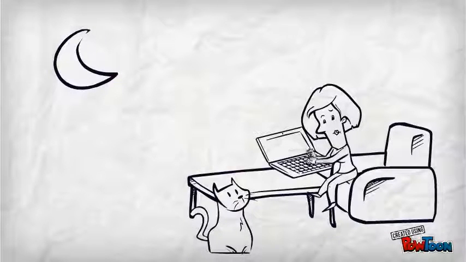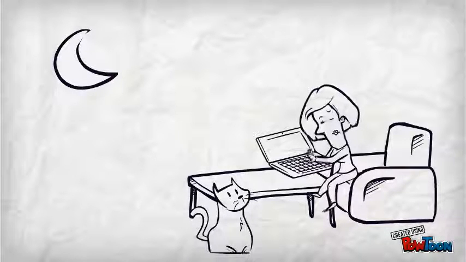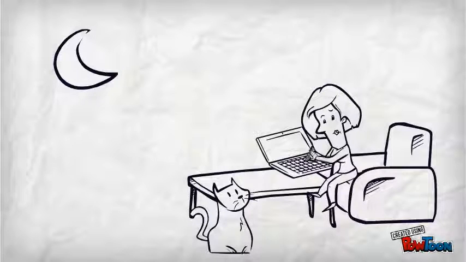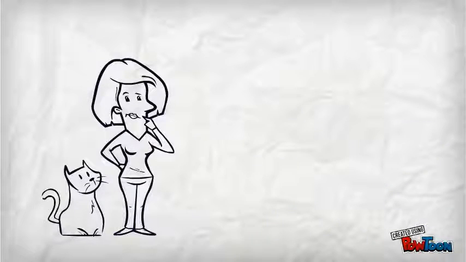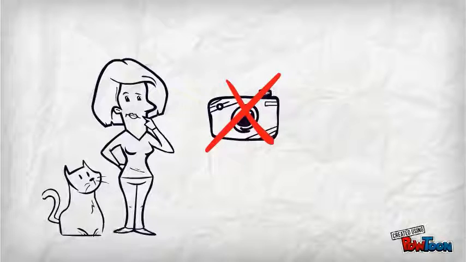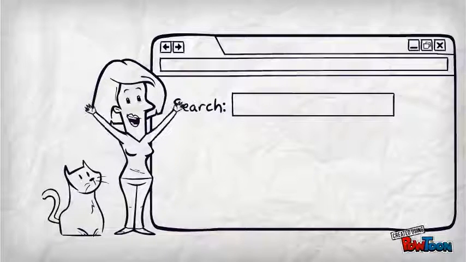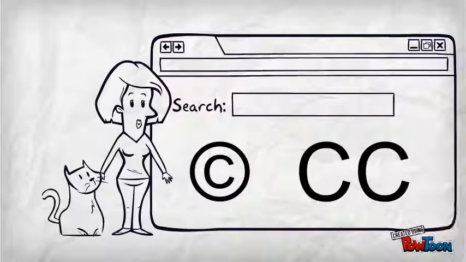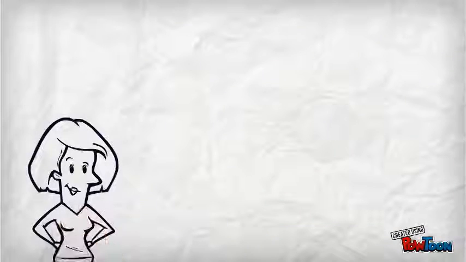So you've been working hard to get your class assignment finished, and it looks really great, but you could use a few images to really bring it together. You could take your own pictures, but you haven't really got time for that. And then you think, I bet I could find all the images I need online. But you should probably know a little bit about copyright and open licensing before you start to copy and paste.